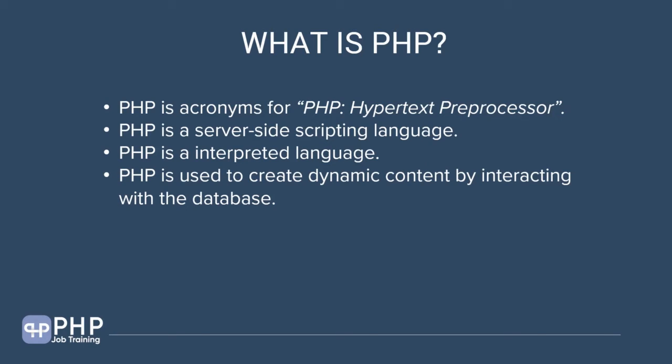Next, PHP is basically used to create dynamic content. Dynamic content means content on the fly, and on the fly in the sense that whenever it's required, data is fetched from somewhere. That could be a database or a file, and then sent back to the client side. That's basically where the power of PHP comes in, which it can do at the server side. Instead of just showing static data like an image, it could also pull data from a database and generate the data on the fly and give it to the client side.